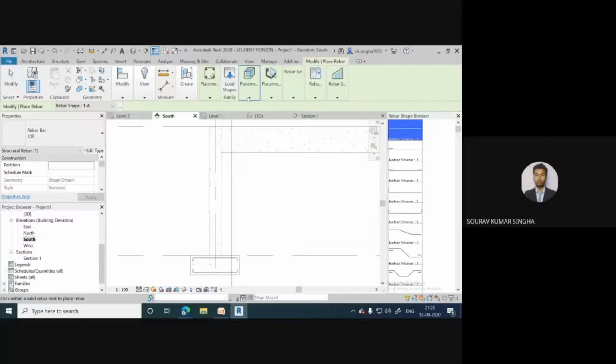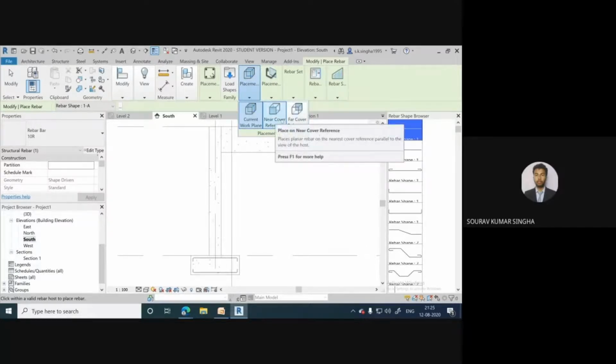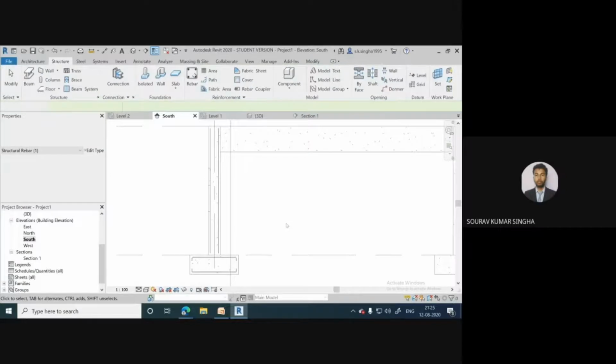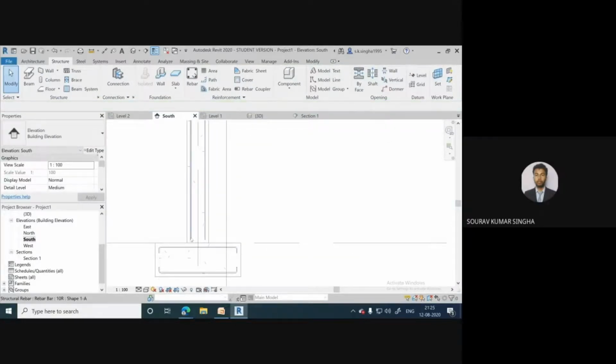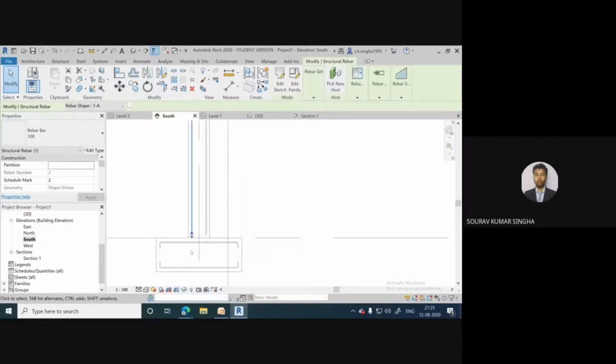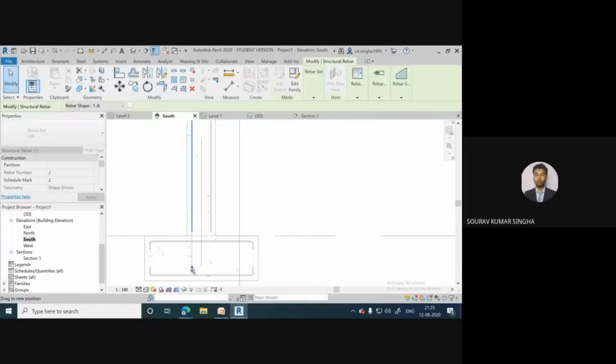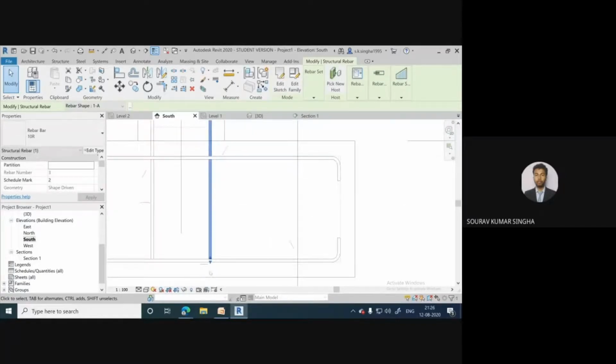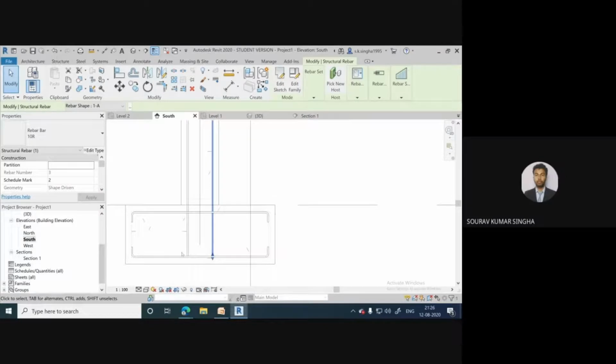And then you select the placement where you need to place. So I am selecting the near cover. And yes, it is placed. You just move your mouse and you can place the rebars. So it is placed, right? But here you can see the length of the bar is up to this distance only, but we need to provide this up to the bottom reinforcement, right? So I have provided here. Also same thing provided here. Now you need to make a bend, right?